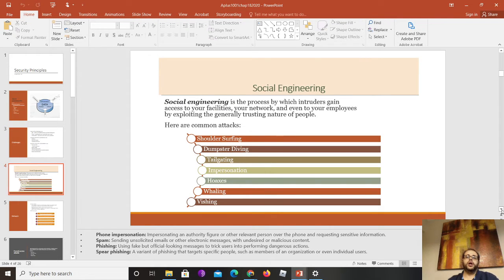Social engineering basically is the process by which intruders gain access to your facilities or your network by approaching employees and building a relationship, whether they are trying to impersonate somebody above them, or they try to make a connection with a person, maybe a receptionist, and they're like, hey, listen, I'm the guy that works for the cable company, and we have a new router for your organization that we need to install today, and if you don't get it today, you're going to have to pay this much.